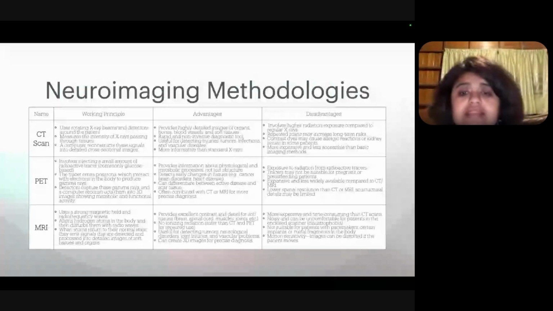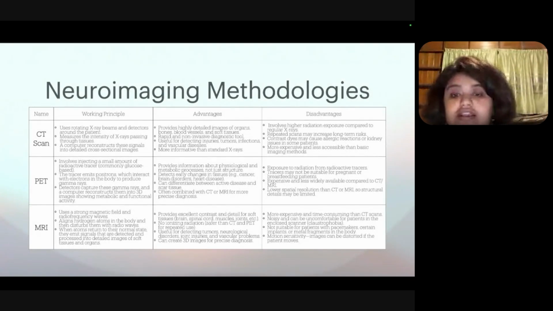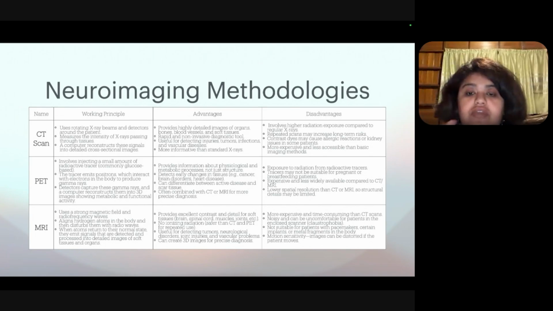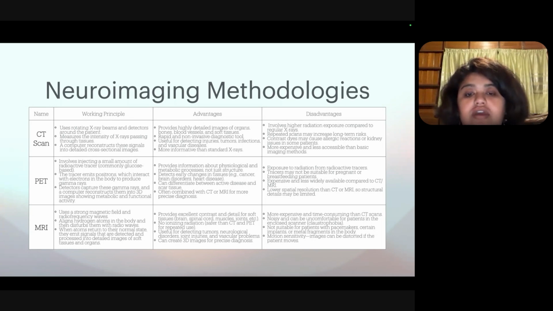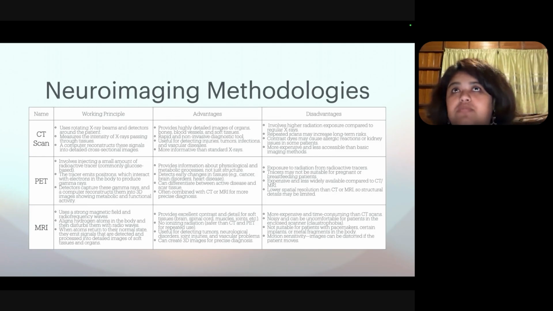So in case of advantages, it provides excellent contrast. The images are very clean. Compared to CT and PET scan, we get much better resolution of the images. And it is very useful, mostly if you look at severe neurological disorders, which cause neuronal cell death, which causes changes in the gray matter and white matter tracts. There it is very important. And another thing is, it can create very good, precise 3D images of the problem. So the MRI scan can give us 3D images.